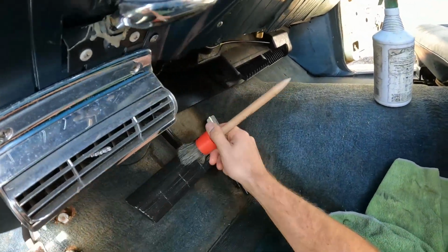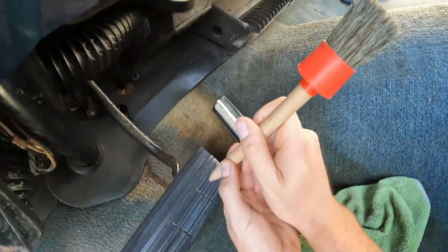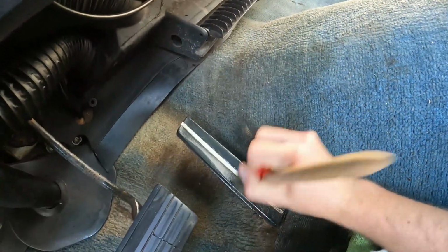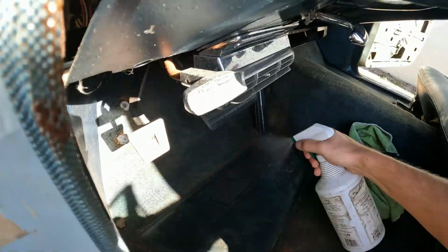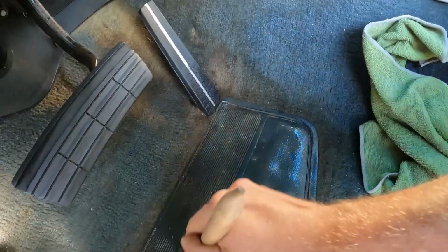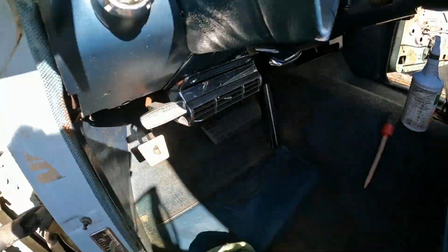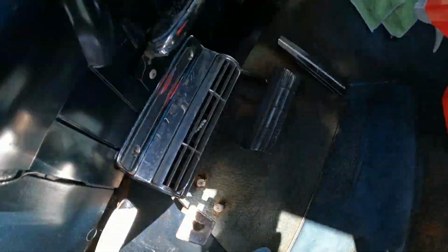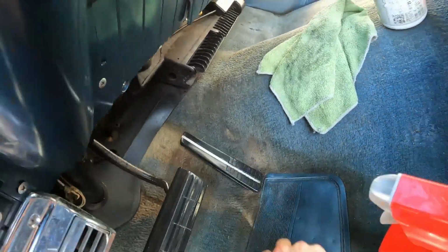As I'm cleaning the brake pedal and gas pedal, if you look behind those pedals, you will see that the carpet is basically bleached. Now, that is a clue that something was leaking there and bleaching the carpet and taking out the blue color. There's only a couple things behind these pedals, one of which would be the brake master cylinder. So it's safe to assume that the brake master cylinder was most likely leaking and allowing brake fluid to drip